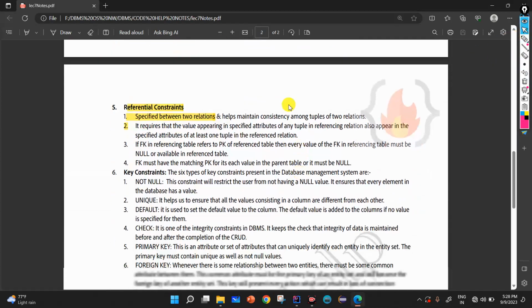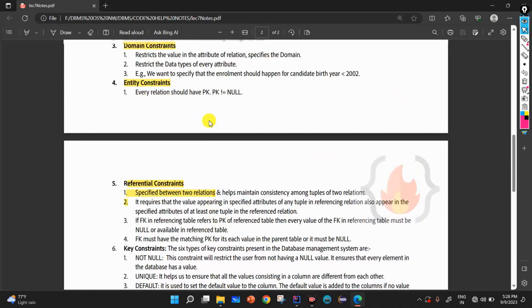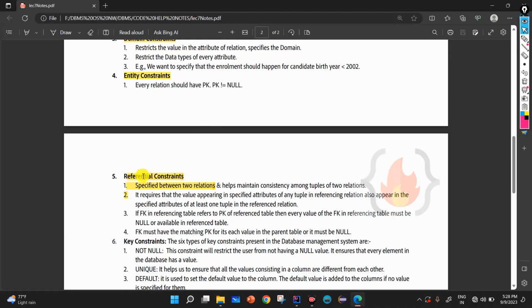The third is referential constraints, specified between two relations, which help maintain consistency among tuples of the two relations. There are a lot of points there, but the important things are domain constraints, entity constraints, and referential constraints, specified between two relations.